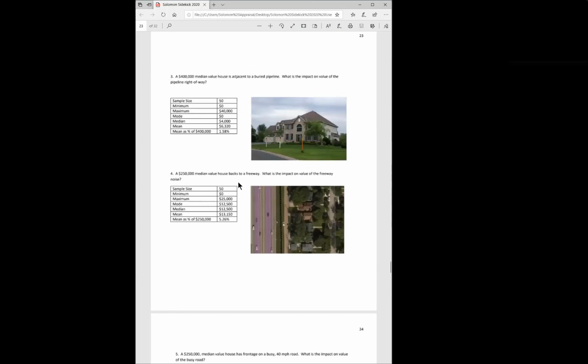backing to a freeway. So in this case, we had 50 appraisers take the survey. The maximum dollar amount they felt applied to a $250,000 house was $25,000. The most frequent answer, the mode, was 12,500. The median was also 12.5, so that's an indication that we've got a normal curve, right? That means that 50 is by far, I mean, we're safe with that sample size. The mean, that's the average value, was